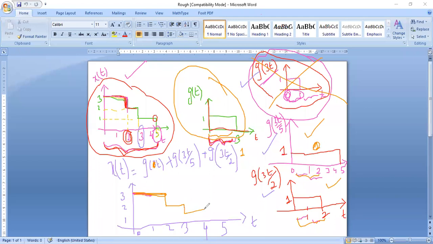Okay. And let me check 4 to 5. First diagram, there is no 4 to 5. Second diagram, there is a 4 to 5, but the amplitude is 1. And in the third diagram, there is no 4 to 5. So even 4 to 5 also, my amplitude is 1.